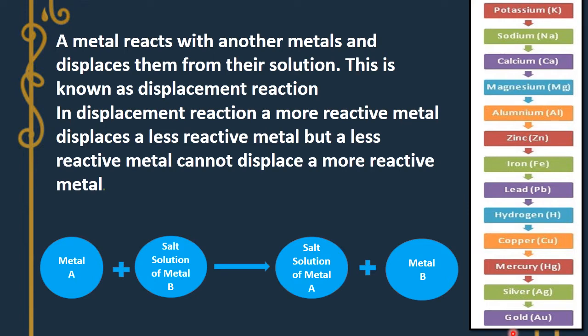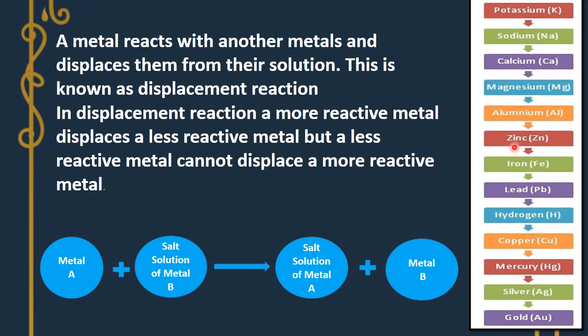So, the metals which are placed at the bottom are not very reactive. So, how to understand and how to use it in studying chemical properties of metals? A metal placed in a higher position is more reactive and can displace a metal which is placed in a lower position in the reactivity series.